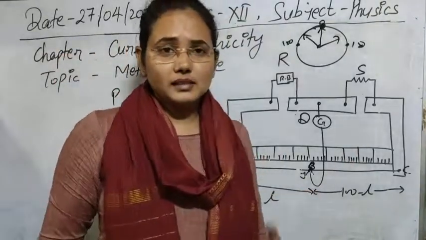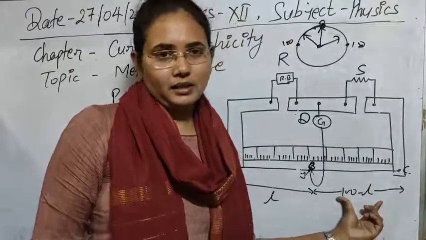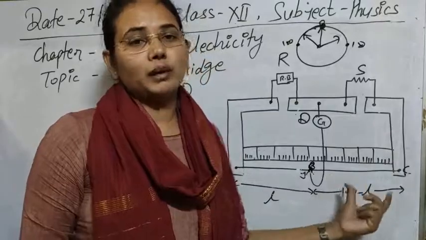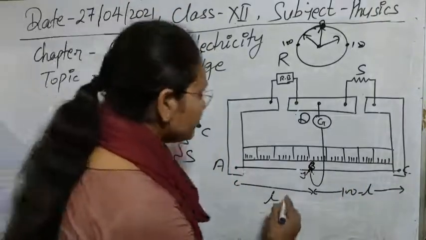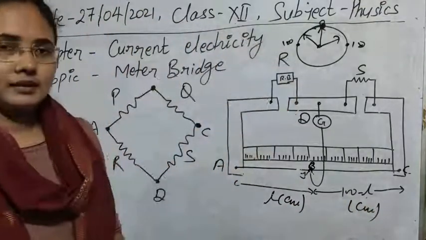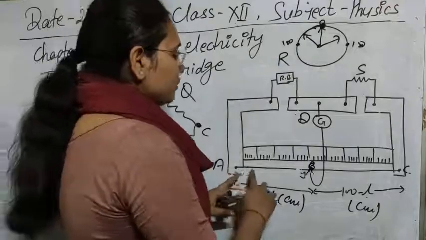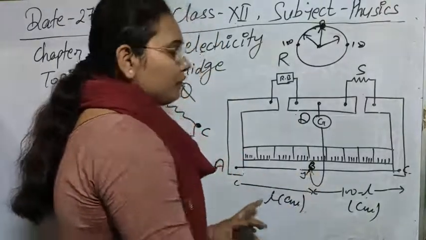So you can say that this is a 100 centimeter long wire. So this will be 100 minus L centimeter here. If it is in meter, then you have to write 1 minus L meter. Here the length we have taken in centimeters, so don't be confused by this factor here. Now as you can see, from here to here a particular length we are obtaining.